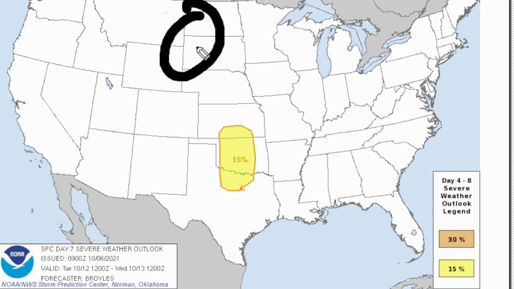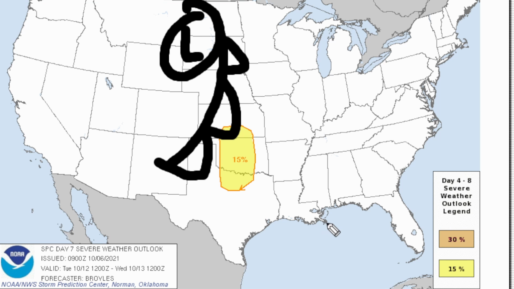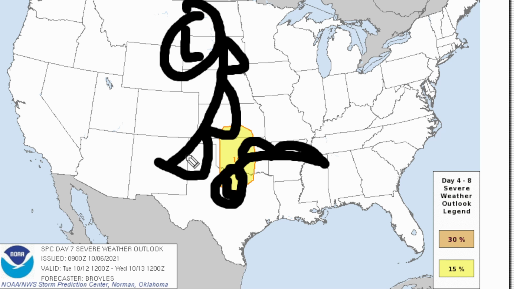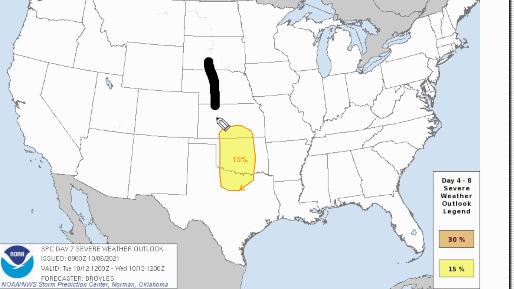That is a very strong low pressure system that's going to bring a cold front coming around this type of region, and it's also going to bring a warm front. That's going to be another low pressure system right there, and that's going to bring a lifting warm front. So this is pretty much going to trigger those storms. There's going to be a dry line in effect, so that's why you see this very narrow line. That's where that dry line is.